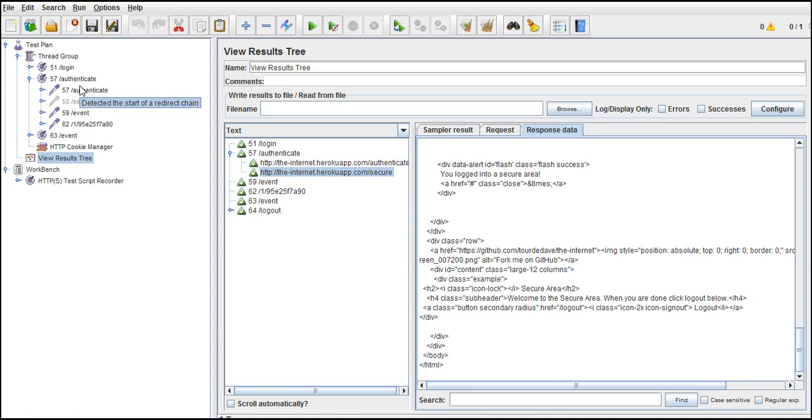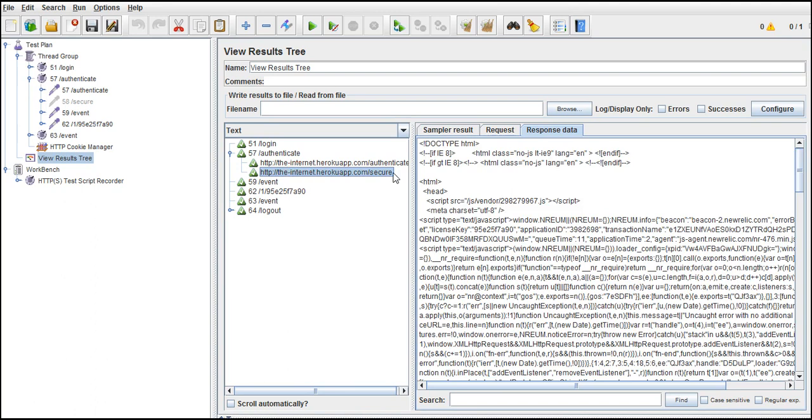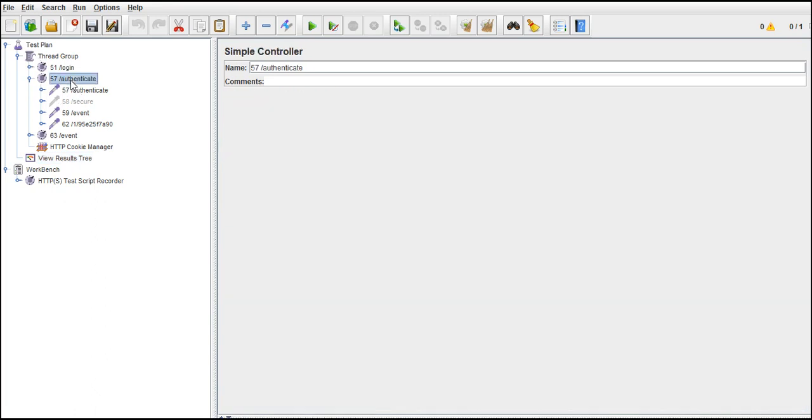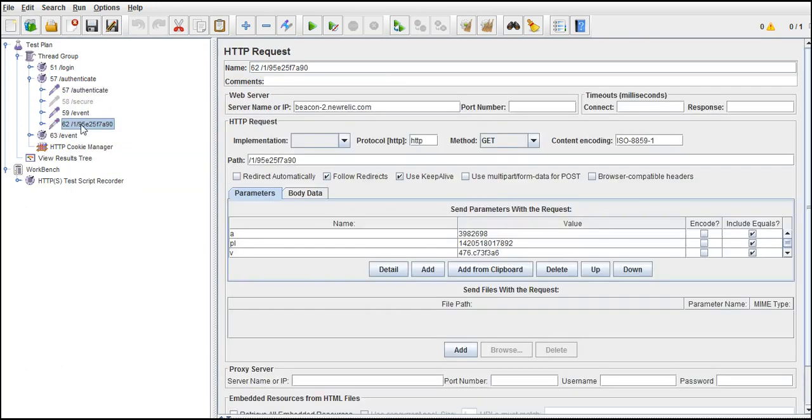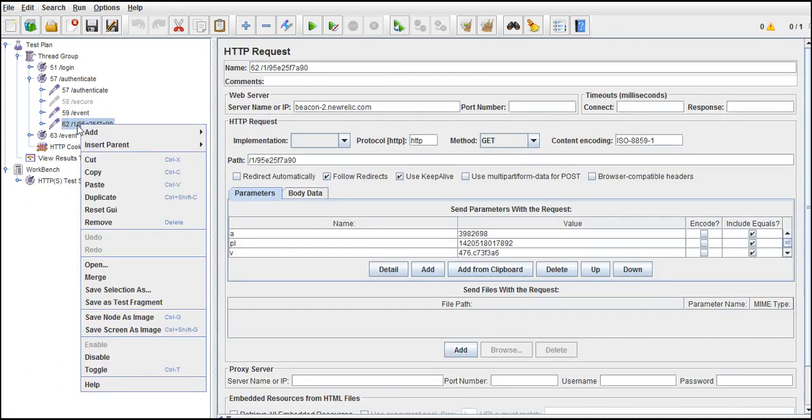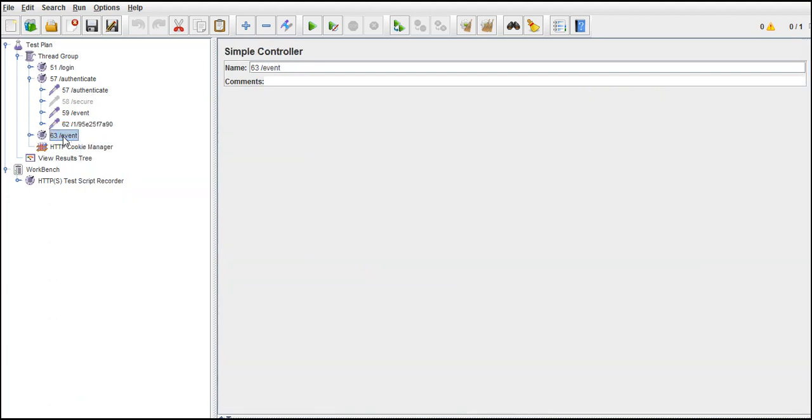But see, if the validation you are putting is under authenticate, right? So in the same way, just go back to your thread group, wherever you see authenticate, right click, add and say assertion. If you simply randomly add it somewhere, for example, if you add it for the 63/event, that assertion will be applicable to only this request.